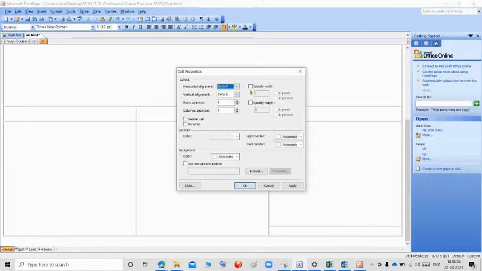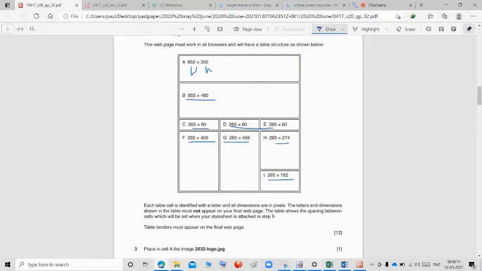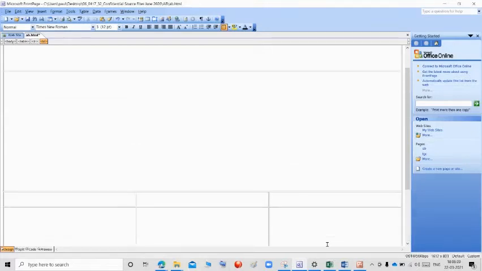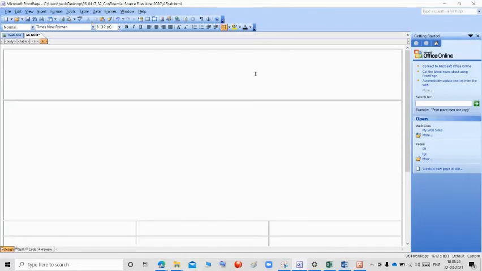Properties, 265 and it will be 162. Click OK.